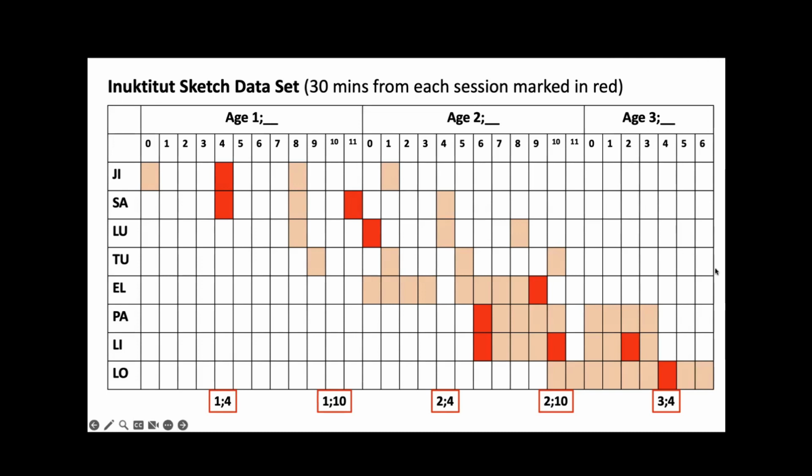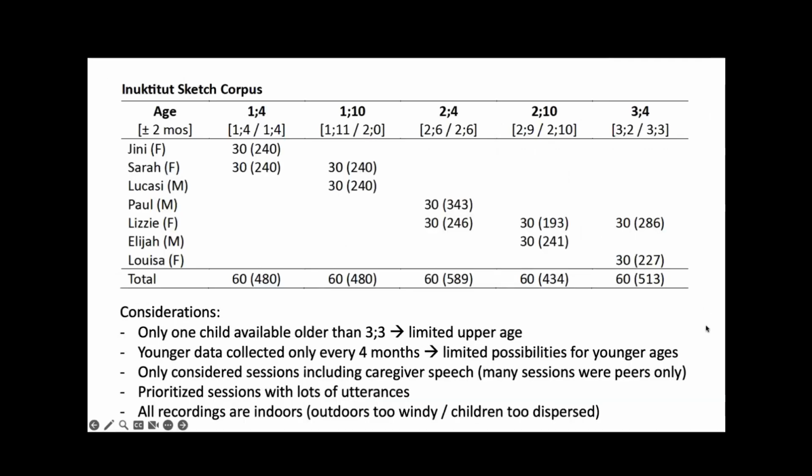Then we selected the times when we had 2 children available. If you go to the next slide, we can see this a bit more easily. This slide is in the same format as the other ones you've seen. You see that we actually have data from 7 children out of the 8. A couple of children, like Lizzie and Sarah, are at 2 time points, and all the other children are at just 1 time point. So you may say, why did you do this? Because all the children were recorded longitudinally, and so wouldn't that have been easy to do?